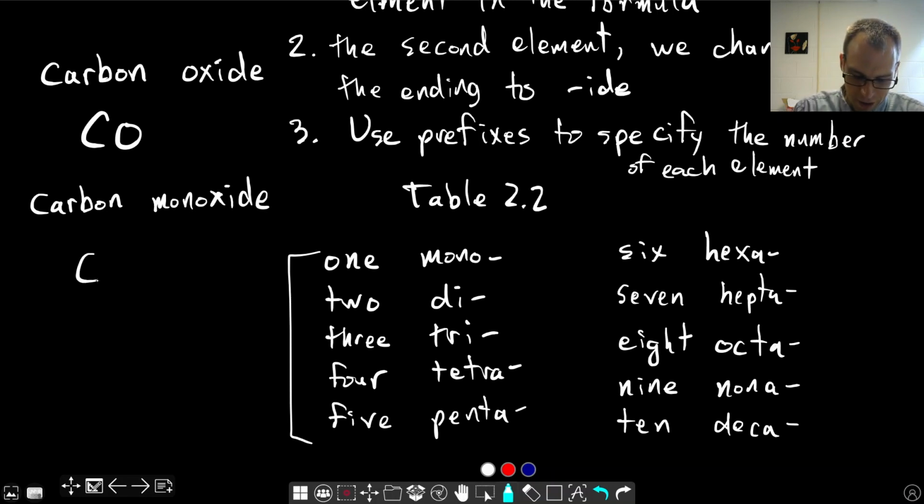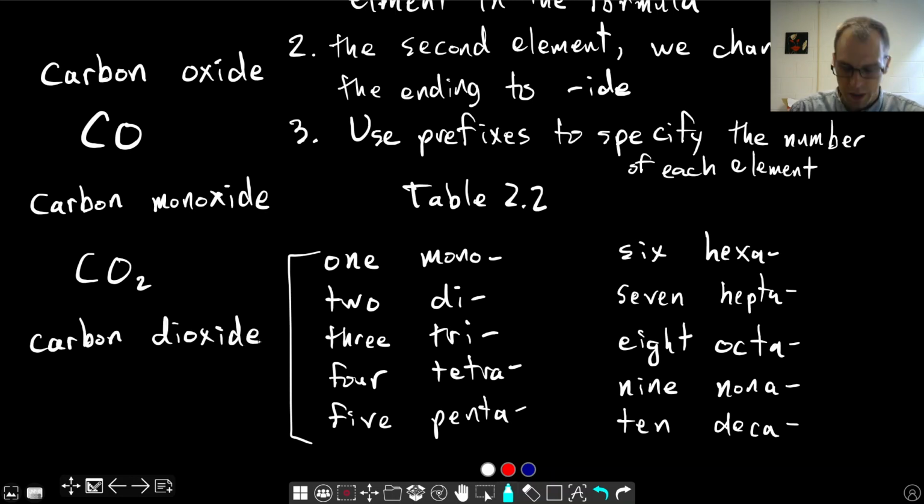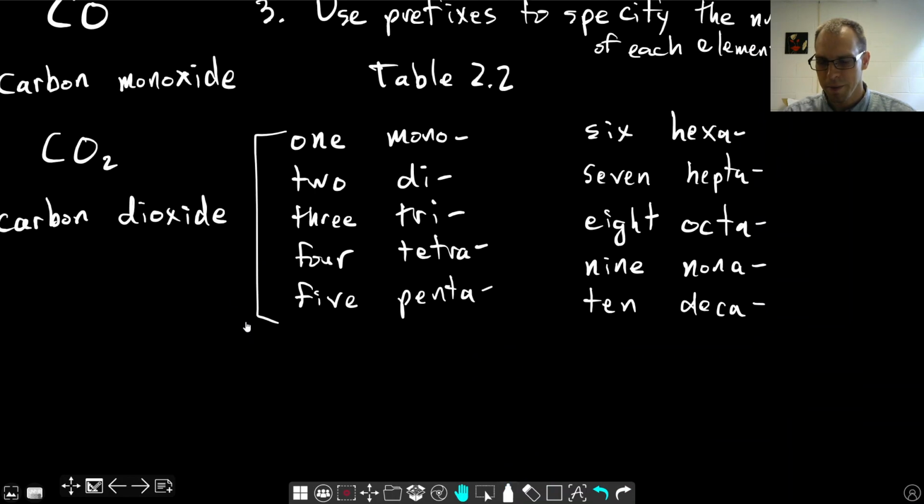Now, if we have a slightly different compound, where there are two oxygens, here we're just going to change the prefix for the second one. So carbon dioxide. And this is a gas that we're all too familiar with. What about if there's more than one in the first element? Let's look at this compound,